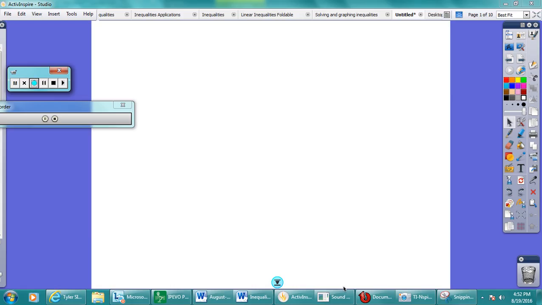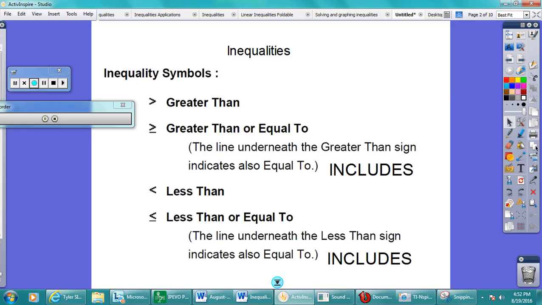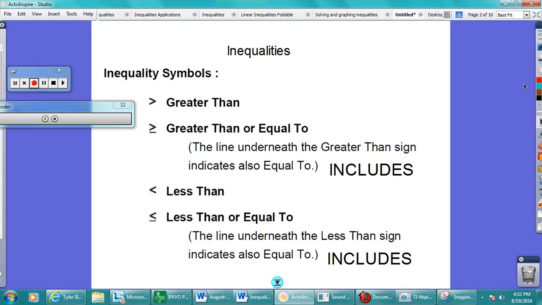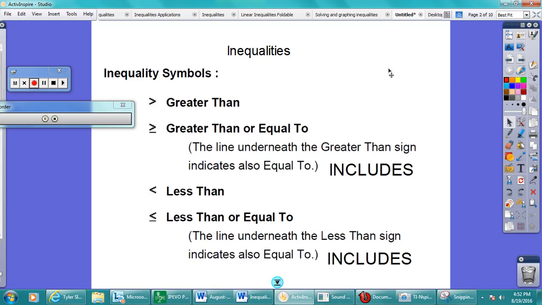Okay, students, today we're going to start talking about inequalities and how to graph them. So first of all, what's an inequality? Now we're going to start using symbols. In an equation,